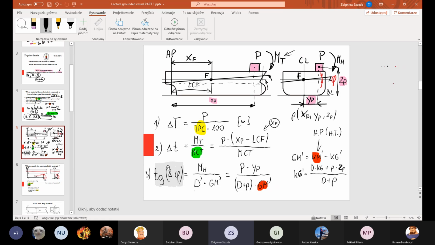Okay, and these three formulas are very important for the next step for calculation of what will happen to the ship if the ship is grounded. If the ship is grounded. So this is the reason why I spent together with you so much time on this issue, because it will be very important and we'll use this for further calculations. Once again, if you need more time to repeat, to study these three formulas, please do it as homework, preferably this week.